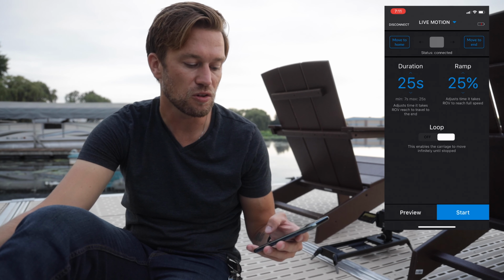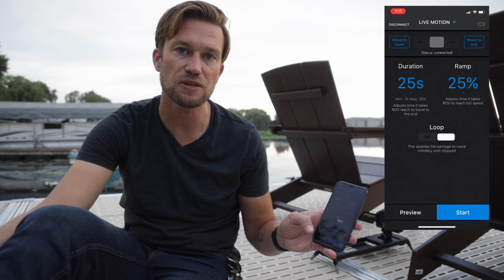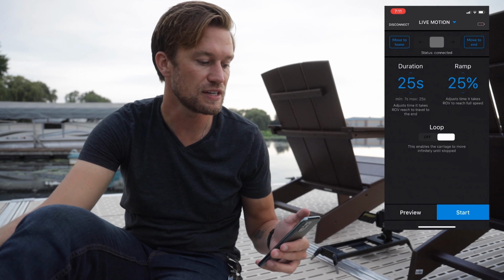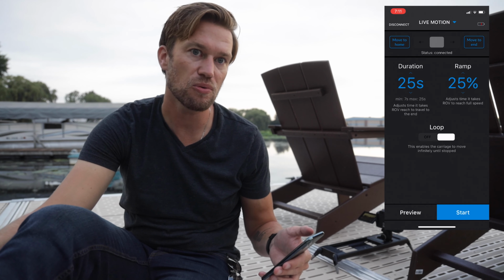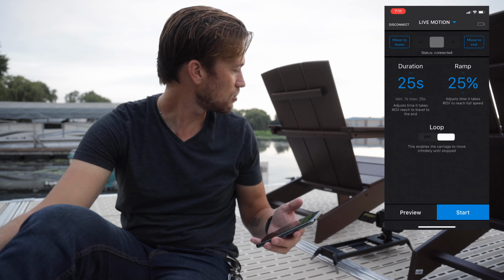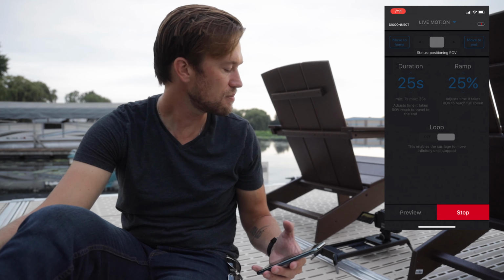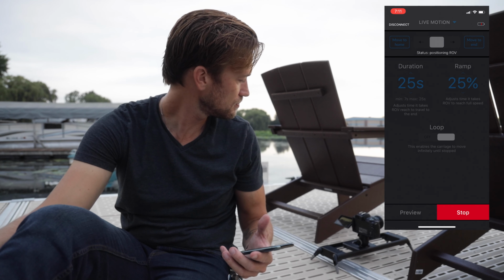I'm going to turn the loop on, and you can hit this little preview button, and basically what that'll do is actually move the slider during that length, so you can kind of see exactly what the slider move is. I'm not going to necessarily do that now. I just want to see what the beginning and end point is, because I'm trying to get a specific shot here. So right now we are at the home point. I'm going to tap move to the end. You see when I tap move to the end, it moves all the way to the end,